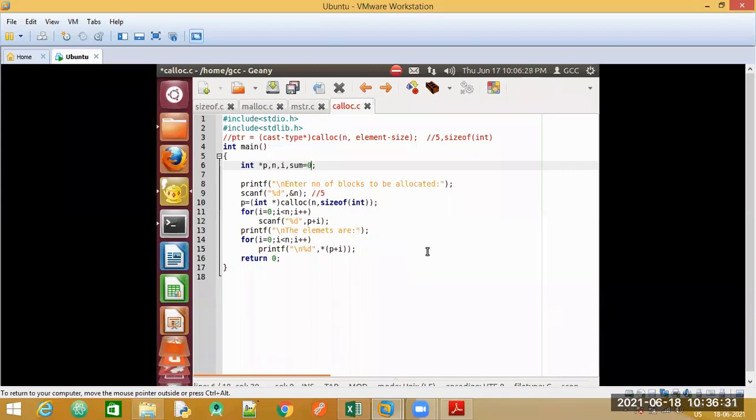Fine. The same thing, you ask the user how many blocks he wants to enter, store it using dynamic memory allocation, then accept it and store it in this particular location that is pointed to by your pointer variable. Once you have stored the elements, the next thing is you are displaying it.